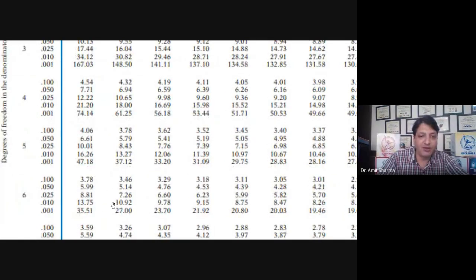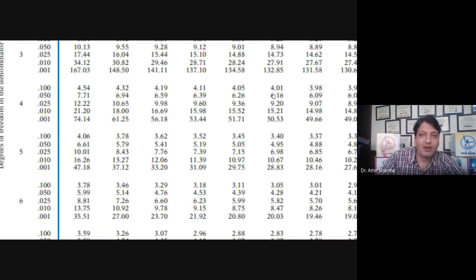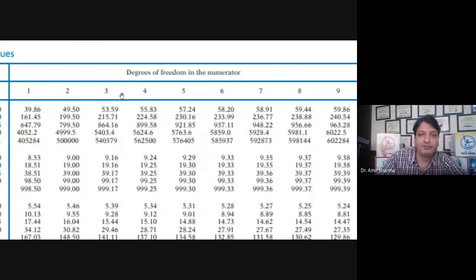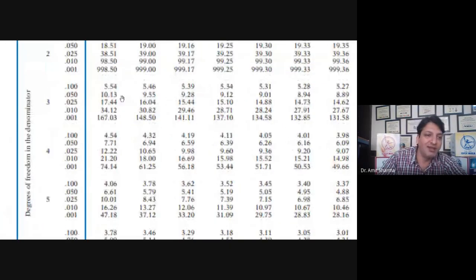So this one we are going to use, and we know that our p value cutoff point for this test is 0.05. So I'll see which value is given in front of 0.05. I'll repeat again. Numerator is given on the top, and denominator is given on the side.